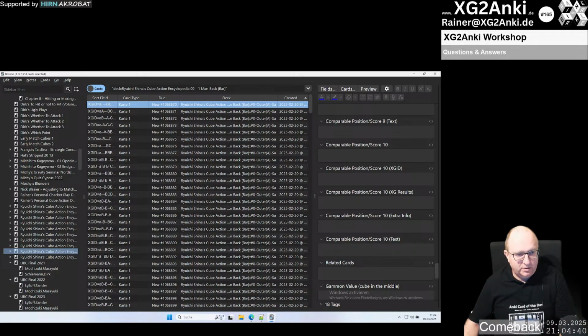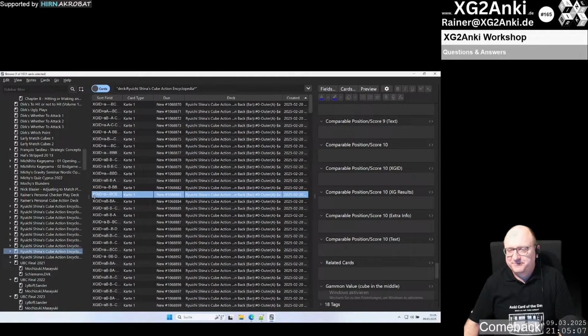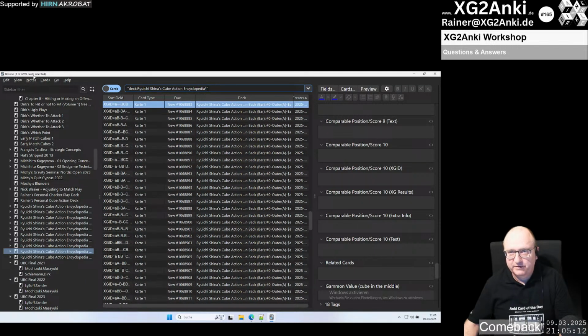If we want to see all cards together, that's possible by entering a filter like this. We have deck, colon, then the name of the deck, and then the rest can be anything. So any deck whose name starts with Ryuichi Shina's Cube Action Encyclopedia should be in there. And then you see we have 4,299